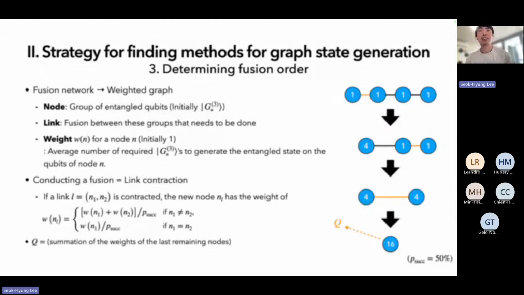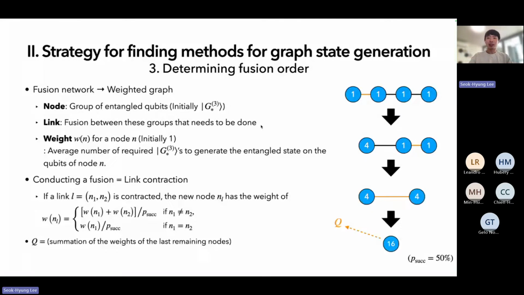Anyway, the next step is about determining fusion order. Given the fusion network, we can always generate the desired graph state if all the fusions succeed. But we need to care about their order because the fusions are probabilistic, and so the resource overhead varies depending on which one to perform first. And for this optimization,